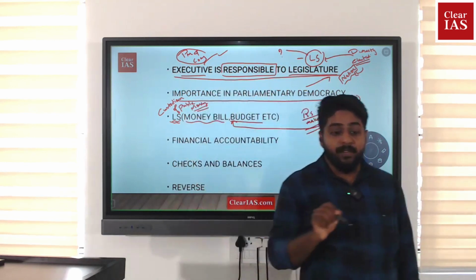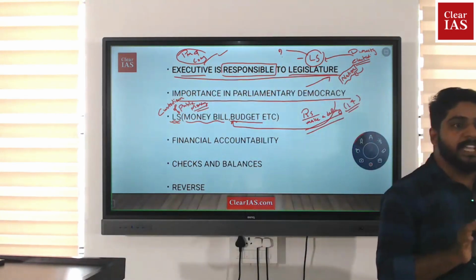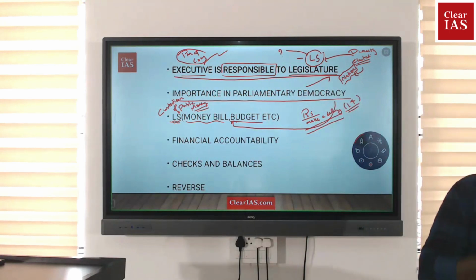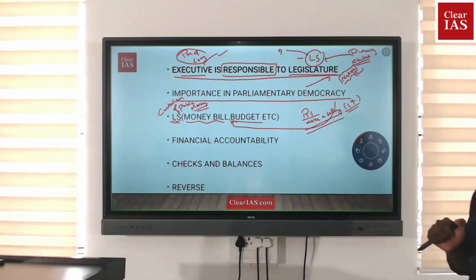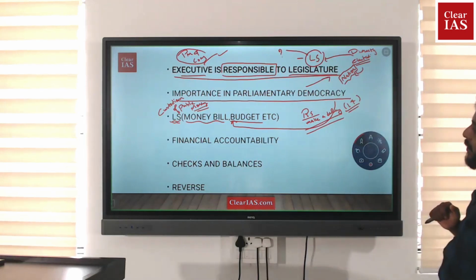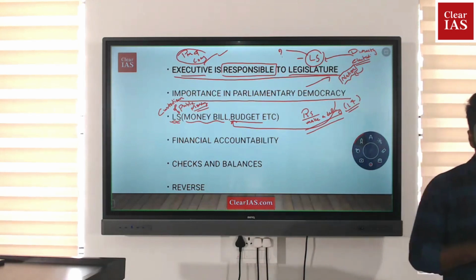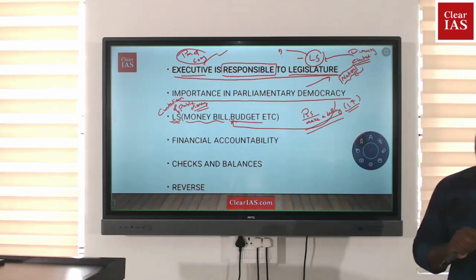That is the reason why we say that without the approval of Lok Sabha, even ₹1 cannot be withdrawn from the Consolidated Fund of India. Fine. So very good. The executive is responsible to the legislature. Great. Then why do we have the Comptroller and Auditor General? Executive is responsible to the legislature. Very good. Sir, but the problem is